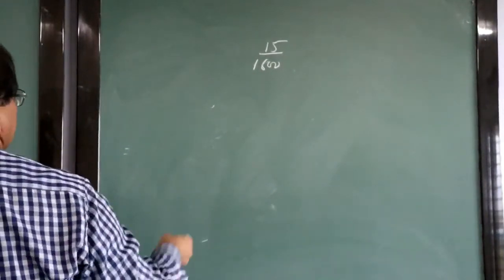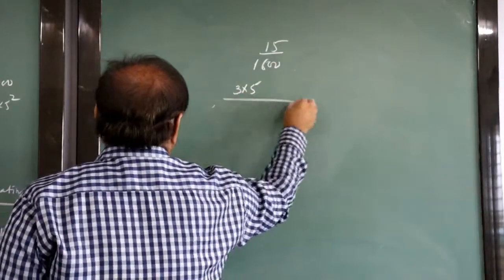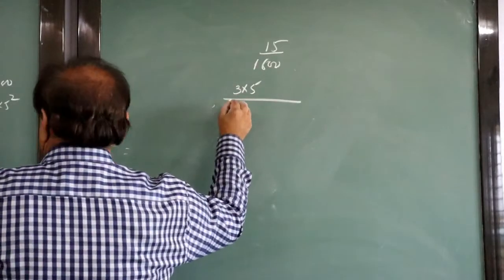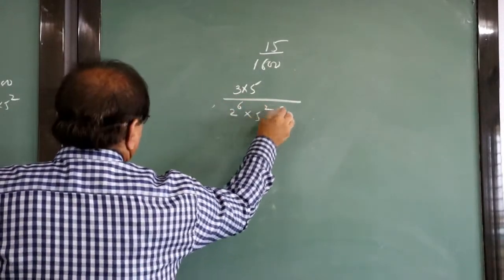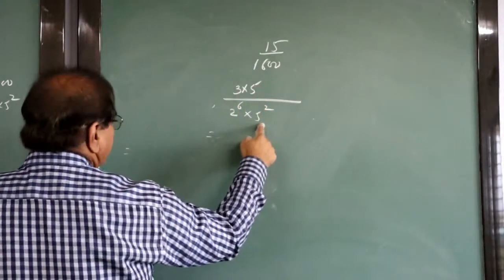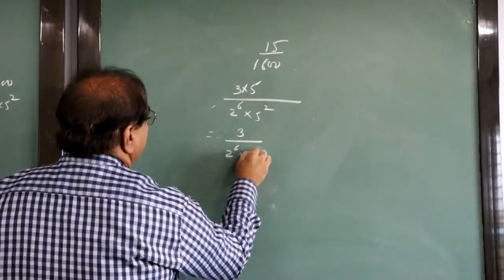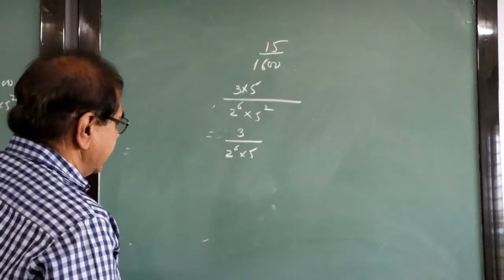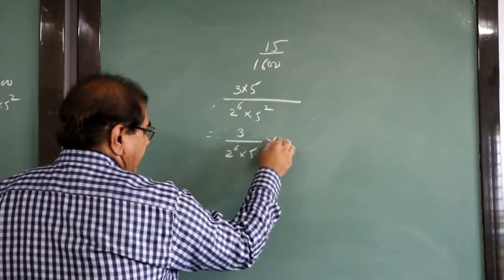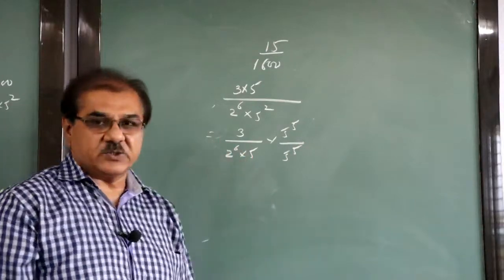Okay. So first of all, 3 5s are 15, and 1600 we previously factorized. It is 2 raised to 6 into 5 raised to 2. First of all, we simplified 5, it is 5 raised to 2 here. So 5 cancels. So 3 upon 2 raised to 6 into 5. This is the simplification. Now to make the denominator end with 0, I want here 5 raised to 5. Then only it will make totally 5 raised to 6.